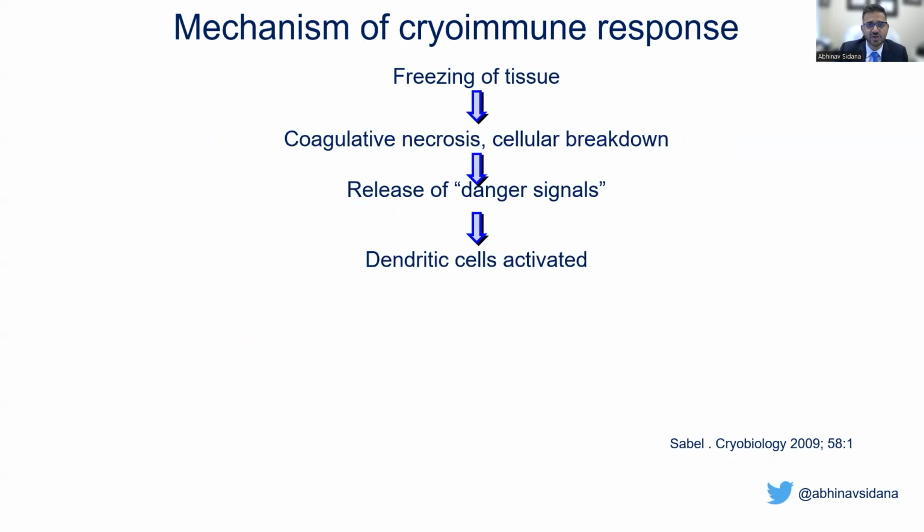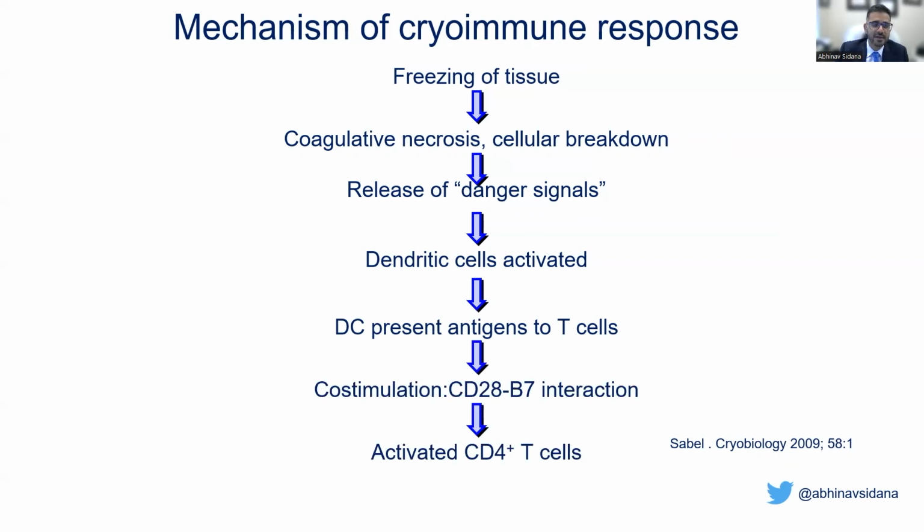Freezing of tumor leads to destruction of cell membranes and coagulative necrosis of tissues, which releases tumor and cellular antigens in an inflammatory medium. These intracellular contents serve as danger signals to the body's immune response. The immune system recognizes them and responds by sending dendritic cells to that area. Dendritic cells are antigen-presenting cells. They go to the tumor ablated site, pick up antigens, and present them to helper T cells. These helper T cells then get activated. They further activate CD8 T cells, which are cytotoxic T cells, and lead to tumor cell death by several mechanisms.